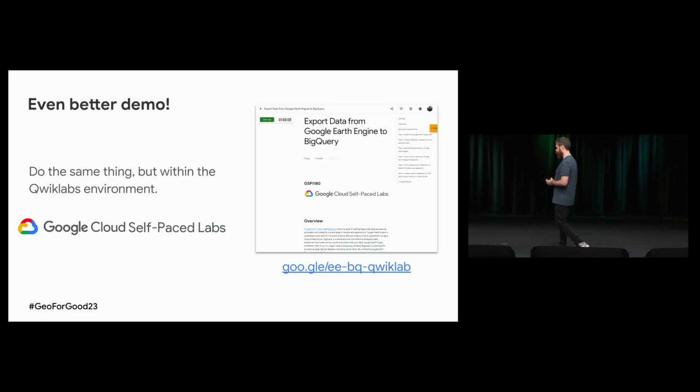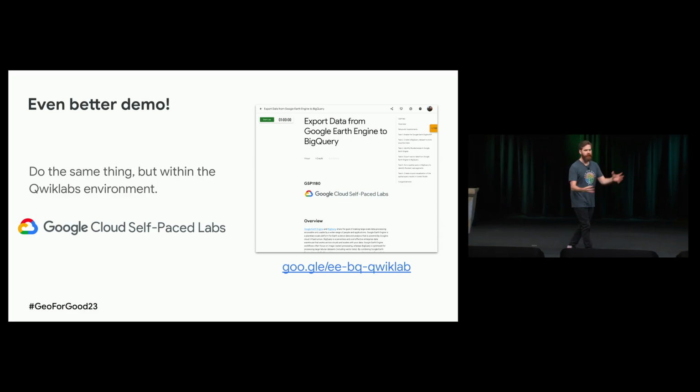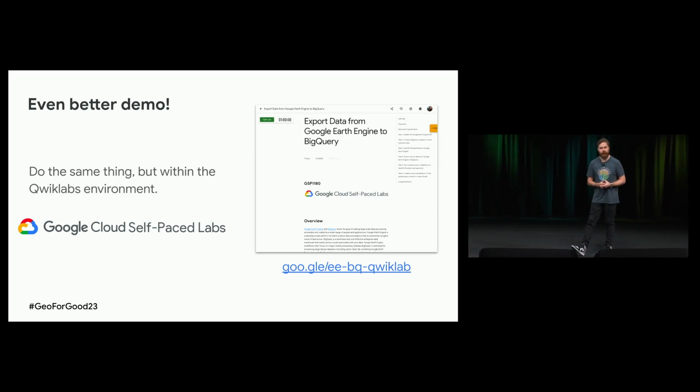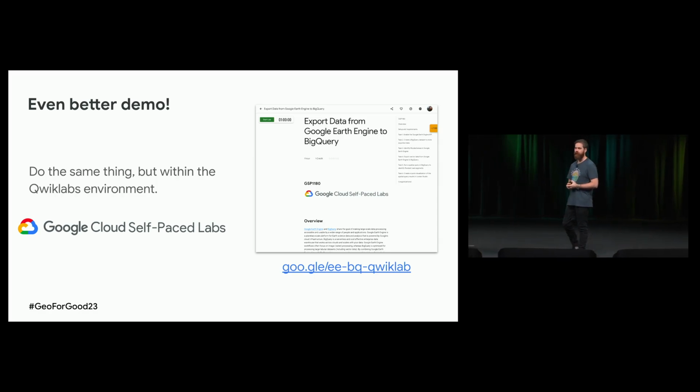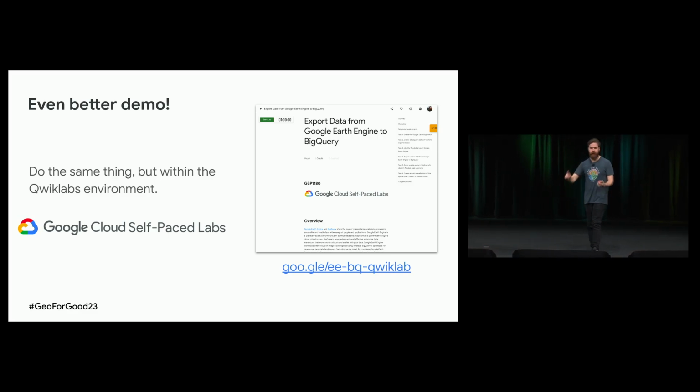This is the link I wanted to share with you in particular. This is doing that blog post, recapitulating that whole series of processing steps in an environment called Qwiklabs, which gives you a little contained environment that you can run in for an hour. And it's really nice because you pay, I think it's $1, a US dollar, to access the Qwiklab. It doesn't generate any charges or costs outside of it. And it's completely self-contained,